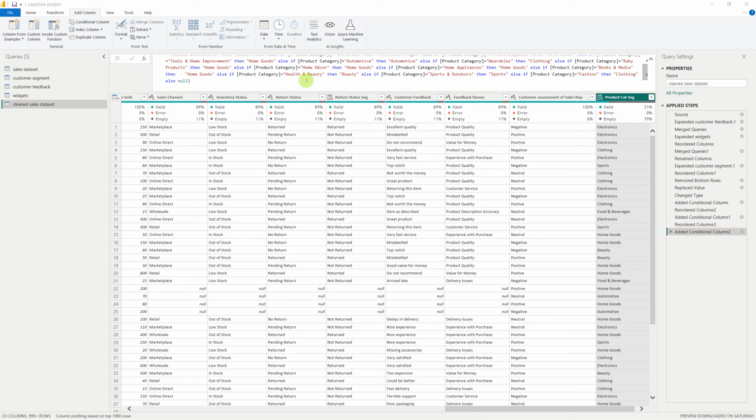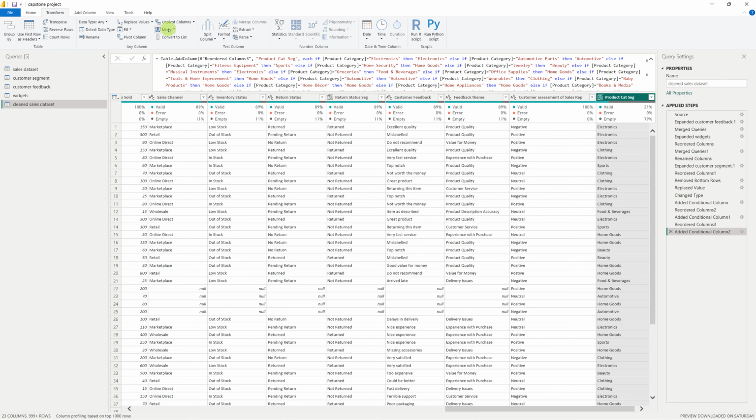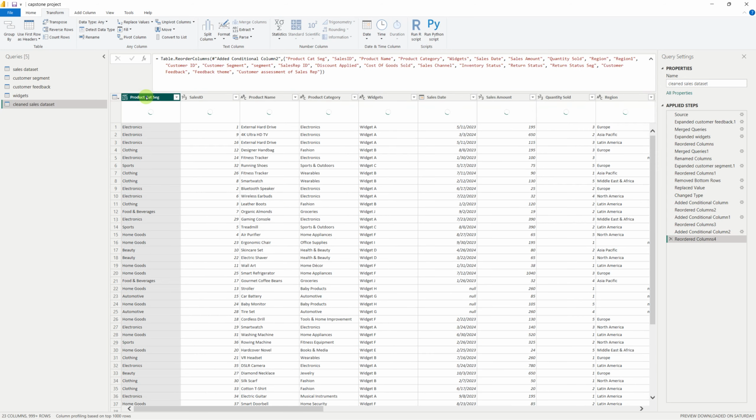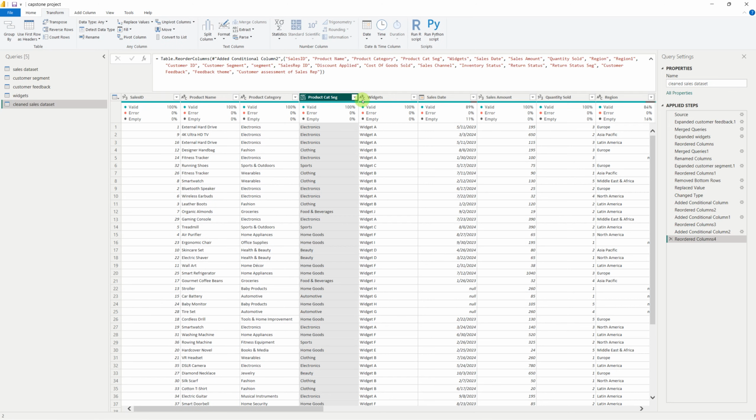So by the time I'm done pasting the formula, I'll just click on OK, and you can now see it here. The product category segmentation. The next thing I'm just going to do is transform by moving it to the beginning. Instead of having to drag, I'll just move it to where the product category is. And with that, I think we have come to, okay, yeah, the other thing I also wanted to talk about